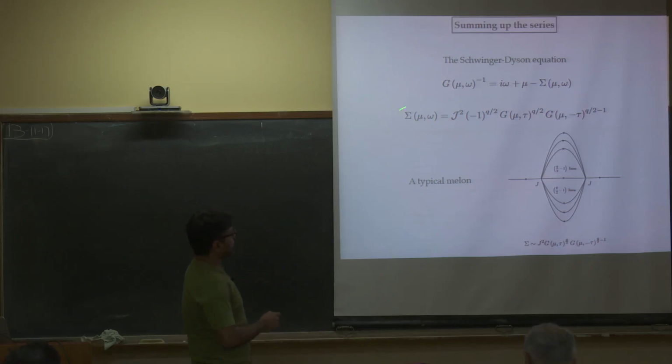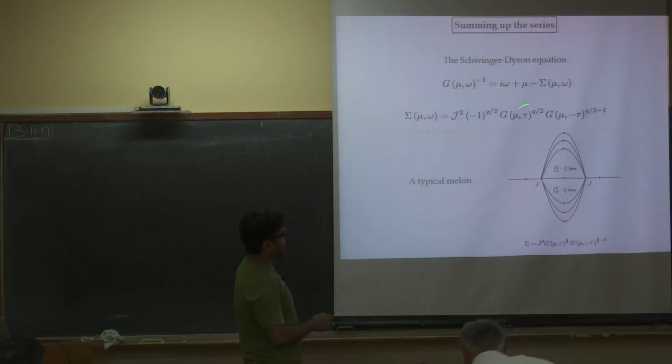So this object is diagrammatically essentially this object. Since we have complex fermions, each propagator I can draw with an arrow. Suppose I am considering a process in which one arrow goes from left to right, and I have a q-point interaction vertex. Therefore, from left to right I have one line, and all the lines on top, the number of those will be q/2 minus 1, and the ones that are coming this way will be q/2 minus 1. There is, of course, one extra line that is going from left to right.